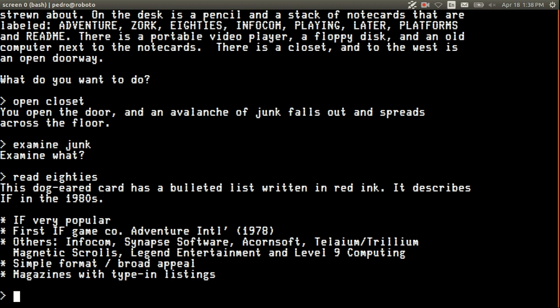TRS-80s and Apple and Commodore and those types of machines, okay? There were a lot of other companies in the 80s selling and making interactive fiction, including Infocom, which we'll talk about. Infocom made Zork, but there was also Synapse Software, Acorn Soft, Trillium, I'm not sure about them, Magnetic Scrolls, Legend Entertainment, and Level 9 Computing, all kind of through the 80s.